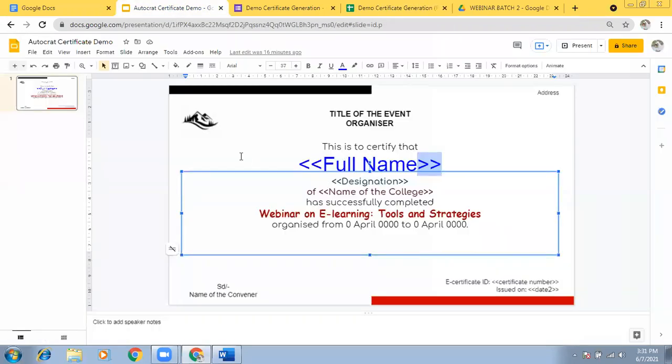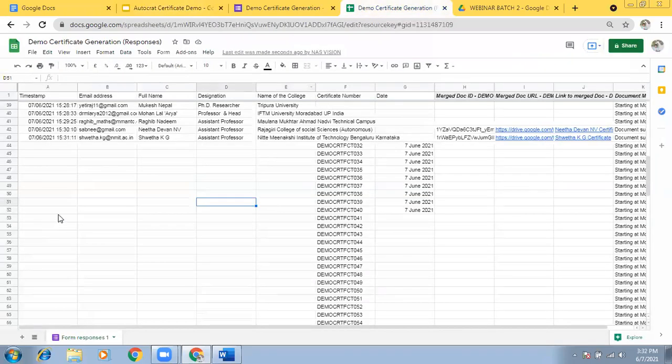Usually we will not require many fields, no? In a certificate, how many fields we may require? Maximum 5. Yeah. The second query is, how many certificates we can generate? There's no limit. Okay, fine. Thank you, sir.